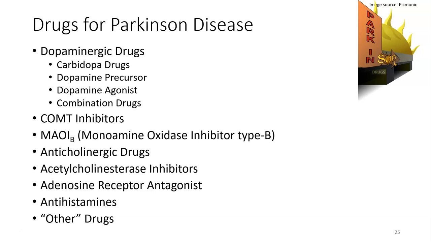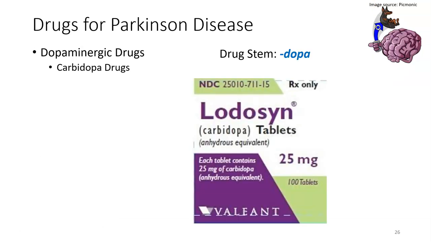So the goal is to restore the balance between the dopamine and the acetylcholine. We can do this by either replacing or enhancing the dopamine activity in the brain, or by blocking or inhibiting the actions of the excess acetylcholine. So there are several different drugs, and they'll work through many different mechanisms. Again, I've reordered these, so if you're following with the textbook or even the guided notes, these aren't going to be in the exact order, because the most commonly used drugs for Parkinson's disease are dopaminergic drugs, and there's a